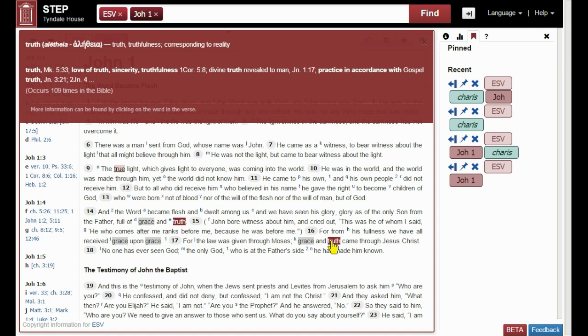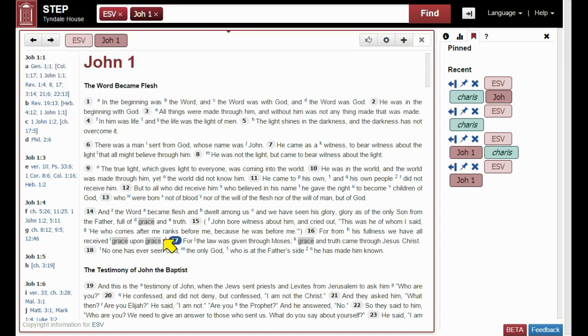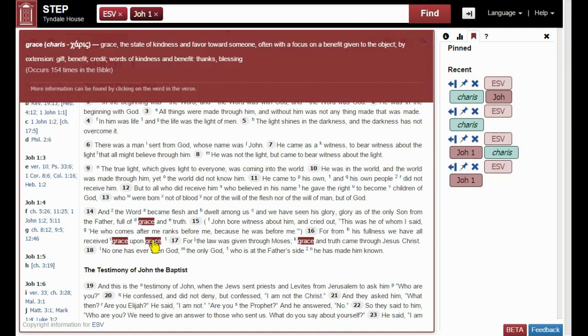And there's a strange phrase in verse 16, we received grace upon grace. It looks like John is expecting the reader to understand something, but we're not getting it. Probably because we don't know the Old Testament very well. John's readers knew the Old Testament probably by heart, and they probably read it in Greek.